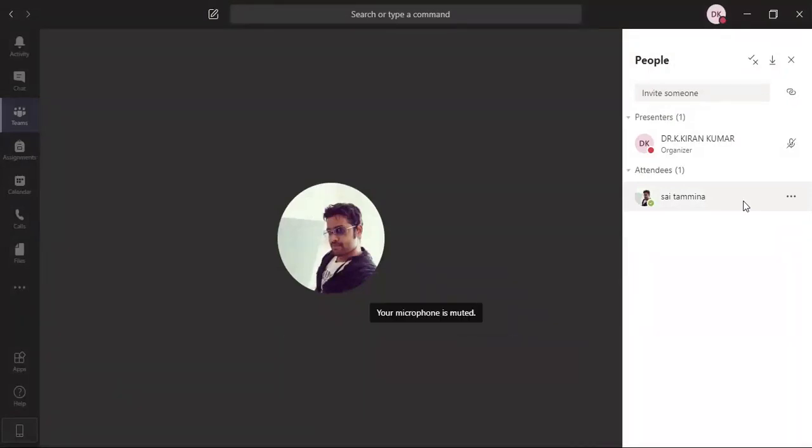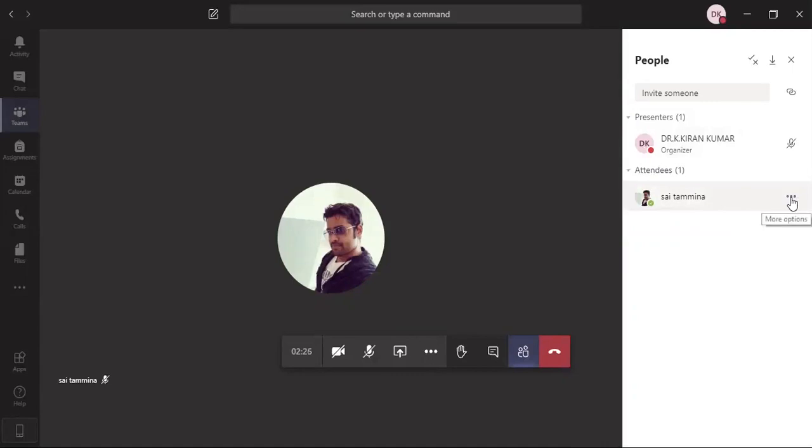All the mute options, see here, are showing. The thing is, if you are giving the presenter role to each and every person, they can share their video. Suppose you are opening a PPT in the class, and you have given the presenter role to all the students, obviously any student can change your PPT.